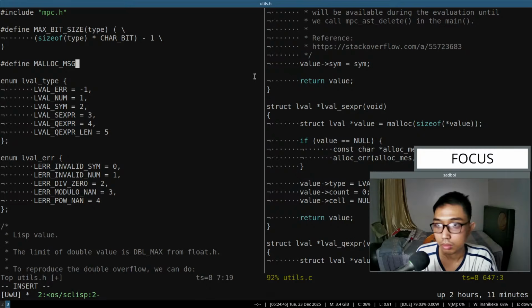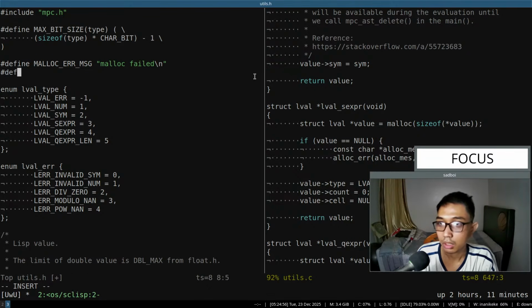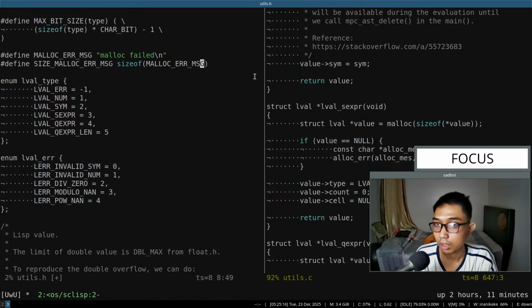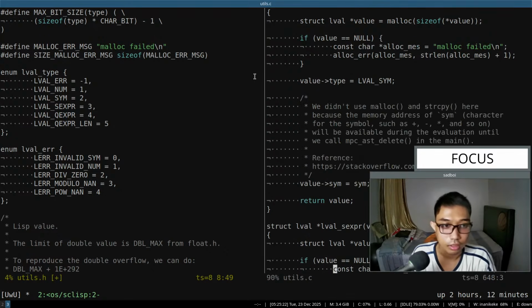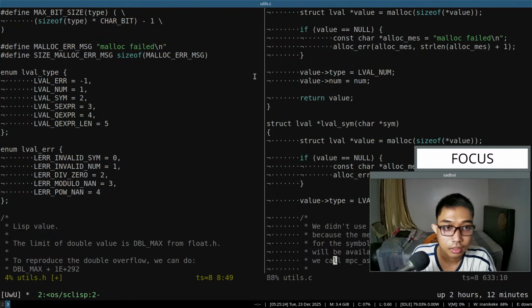Malloc message. Malloc fail, right? And then we define again. Size malloc, okay, size of